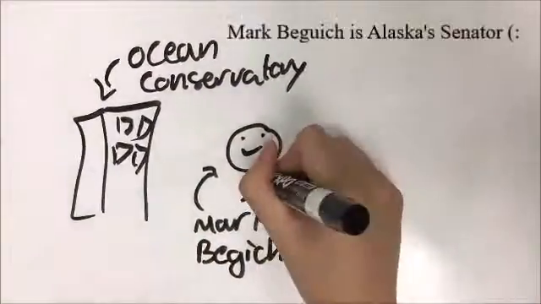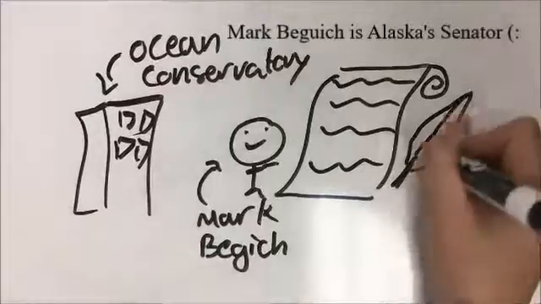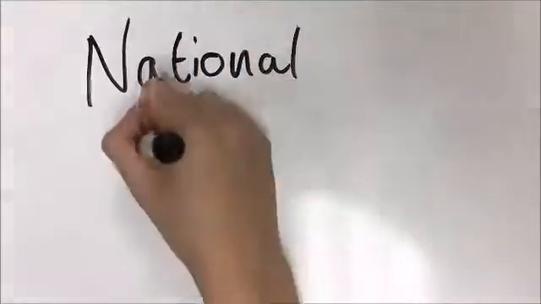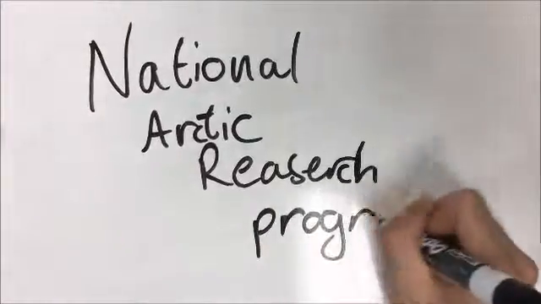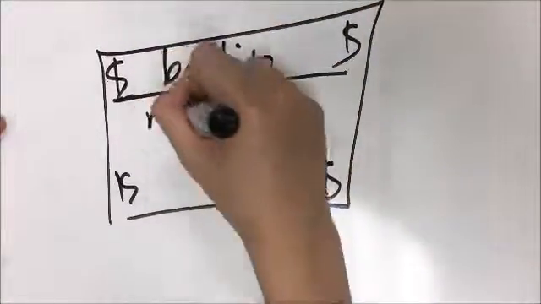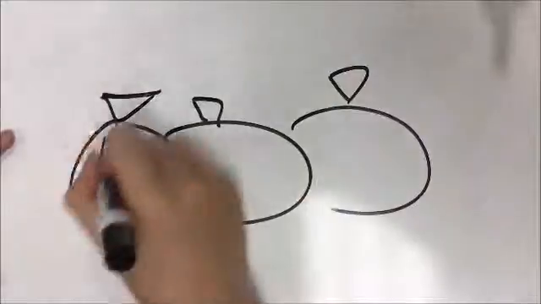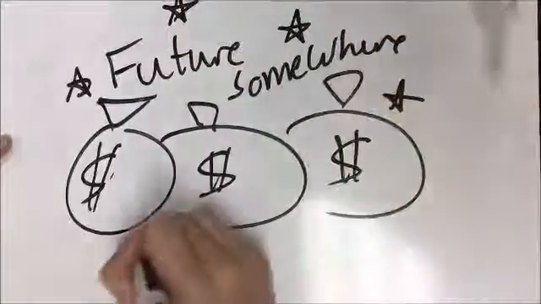In addition, Mark Begich has introduced new important legislation that will establish a permanent program to conduct research, monitoring, and observing activities in the Arctic. Senator Begich's bill takes several steps to address these problems. First, it calls on the U.S. Arctic Research Commission to establish a national Arctic research program plan to help coordinate scientific research activities in the region. Second, it funds a merit-based grant program that will support new scientific research and fieldwork in the Arctic. Third, the bill provides funding to establish and support long-term ocean observing systems and monitoring programs in the Arctic Ocean, Bering Ocean, and the North Pacific.